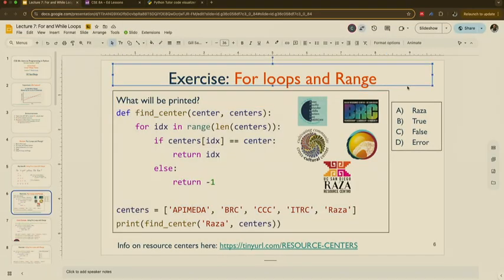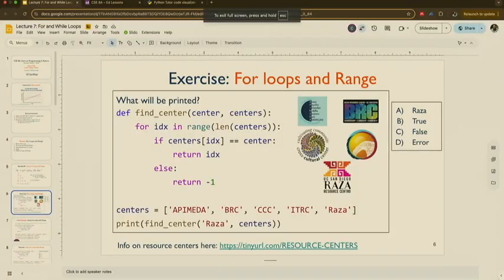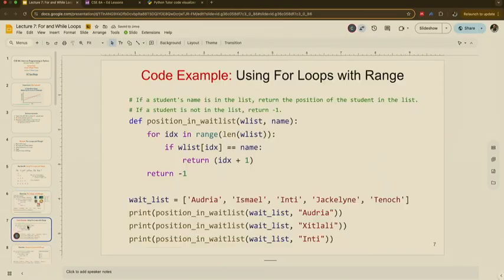Oh, I got to update the slide. So it turns out this one, we made the slide to be on purpose to have this else, right? Return negative 1, so we could show exactly what's going to happen when we have this return inside of a for loop. But this I do have to update. Sorry about that, y'all. Instead of true and false, it should be like 4 and negative 1 or error. Okay? Let's do that now. 4, negative 1 or error. Cool. All right. Let's continue on.